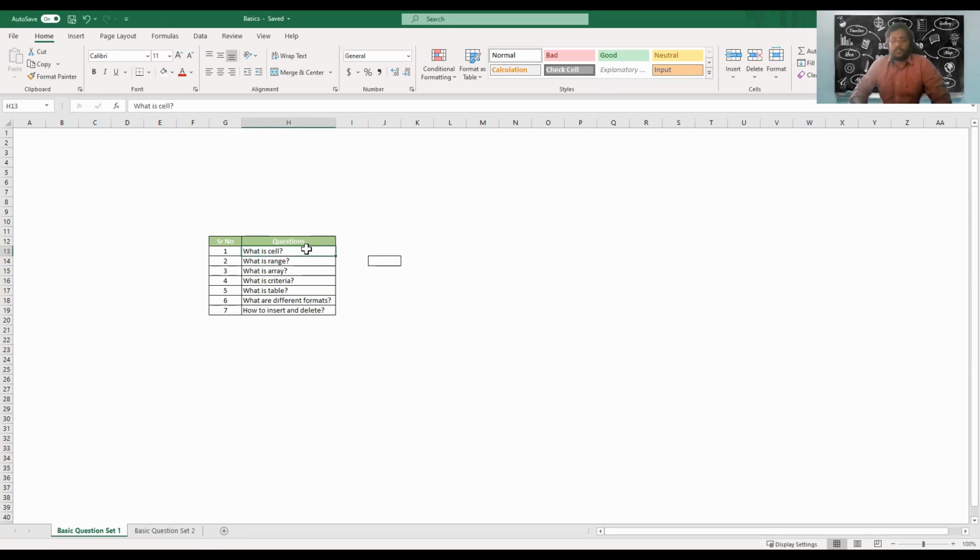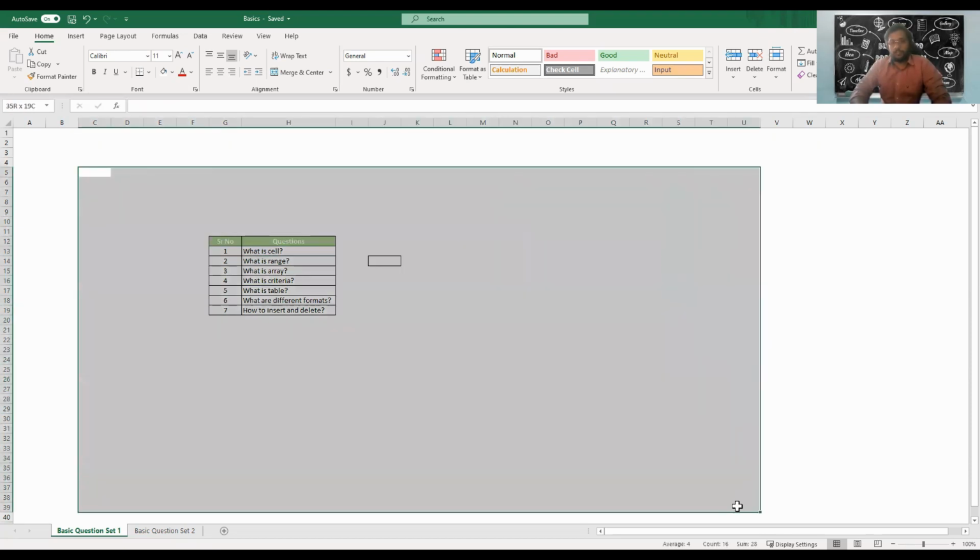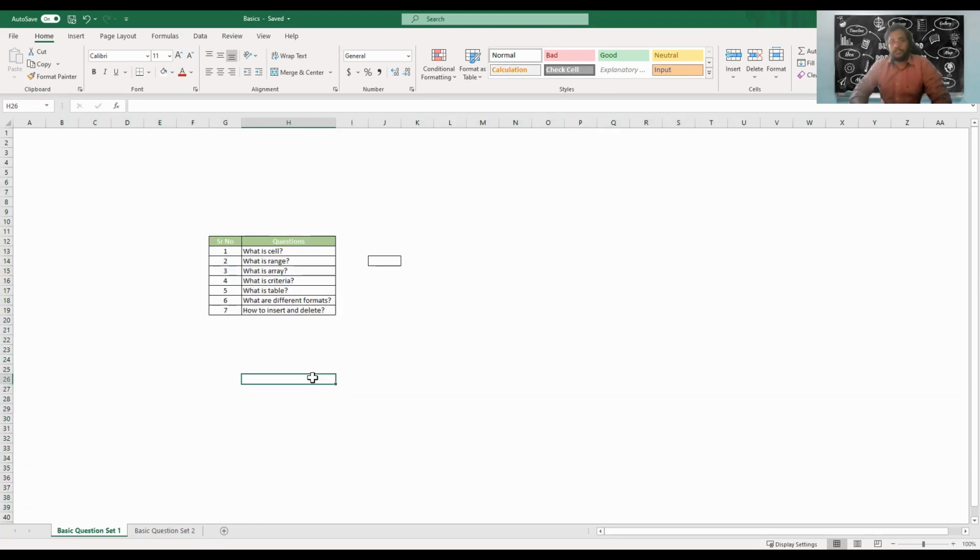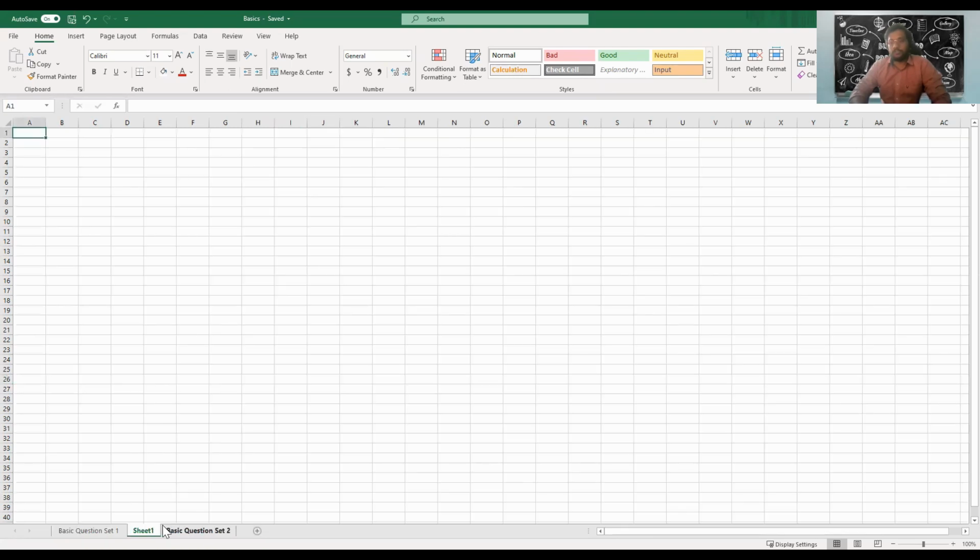Excel is basically a software which contains a file which can create multiple sheets. So one Excel file can have multiple sheets, like 10, 15, 11, maybe one. So this entire piece, what you are seeing on the screen, is one sheet, and this sheet is made of multiple cells. So how do they form a sheet? I'll just add a new sheet. You can just click on the plus sign which you can see at the bottom of the screen. You just click on that, and you'll see a new sheet being added as Sheet1.